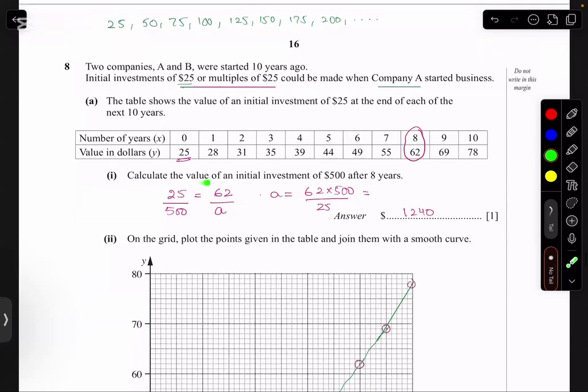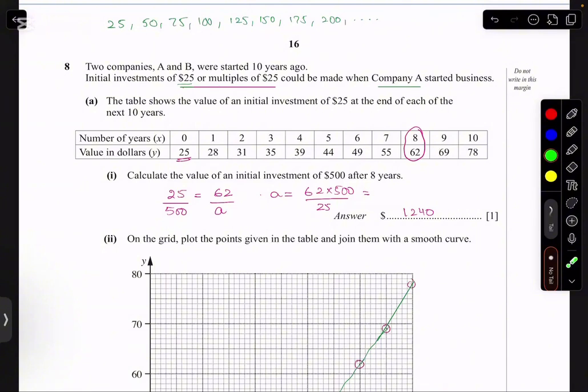किस तरह से कि अगर पहले ही क्वेश्चन में दे आर सेइंग कि इनिशियल इन्वेस्टमेंट अगर $500 है, तो 8 इयर्स में इस इनिशियल इन्वेस्टमेंट $500 के साथ वो क्या अमाउंट बन जाती है. दिस इज व्हाट दे आर आस्किंग, राइट. 8 इयर्स के बाद ये 500 इनिशियल इन्वेस्टमेंट कितनी अमाउंट बन जाएगी. सो फॉर दैट हमने क्या किया, हमने इसको कंपेयर किया. हमने कहा ऑलराइट 25 इयर्स जो कि गिवन टेबल है, इसमें इसने इन्वेस्ट किया था 25 इनिशियली. आफ्टर 8 इयर्स इट बिकेम अ 62. तो अगर यही इन्वेस्टमेंट 500 की जाती है, तो 8 इयर्स के बाद इसकी अमाउंट क्या होगी. सो ऑब्वियसली इट्स गोइंग टू बी एन ए. सो दिस इज हाउ आई एम गेटिंग दिस ए वैल्यू, which is 62 times 500 over a 25.